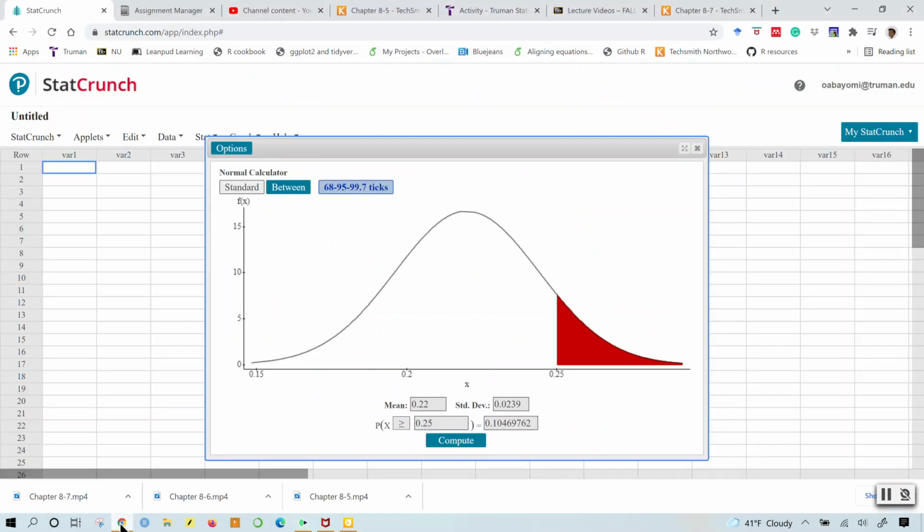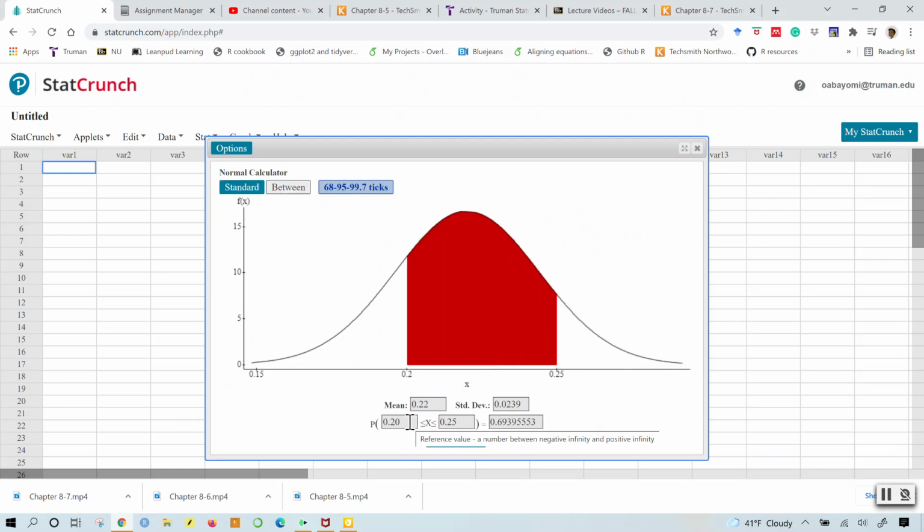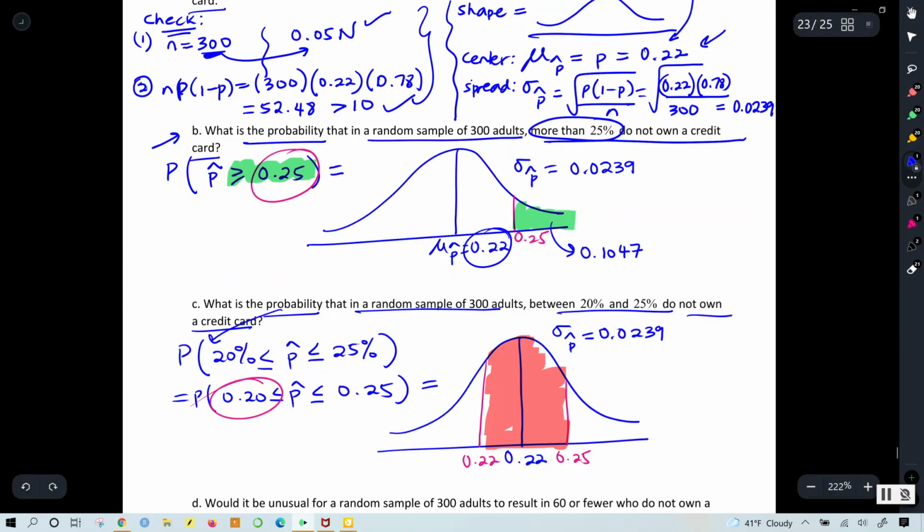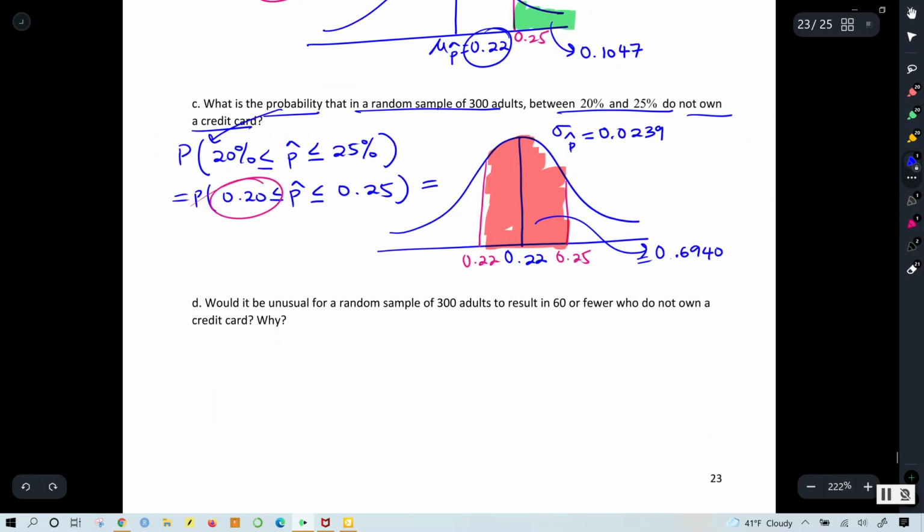So going to StatCrunch, I need to change my interface to between 0.20 and 0.25, which I happen to accidentally already have. So I have the parameters there, compute, and you have 0.69395. That will be 0.6940 to 4 decimal places. So my answer here is equal to 0.6940. Then for part D, would it be unusual for a random sample of 300 adults to result in 60